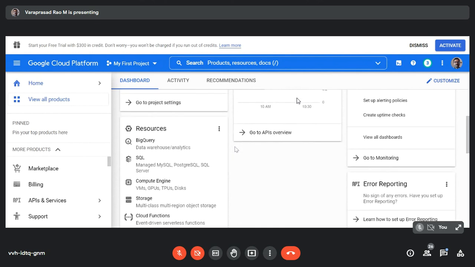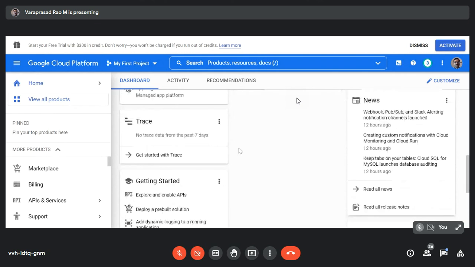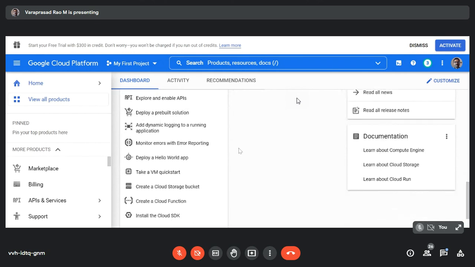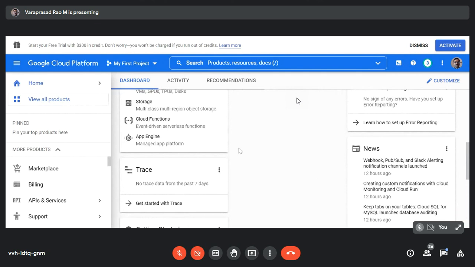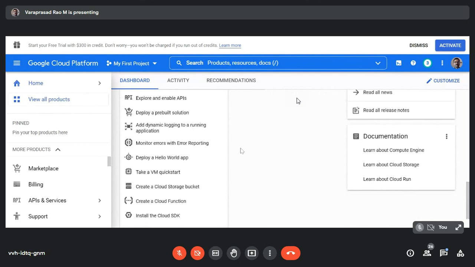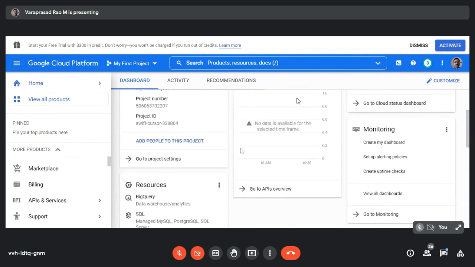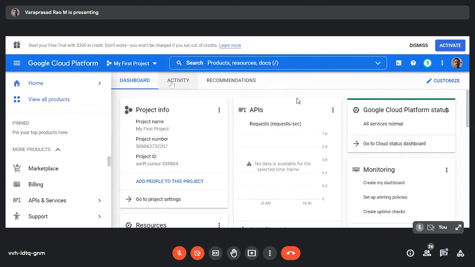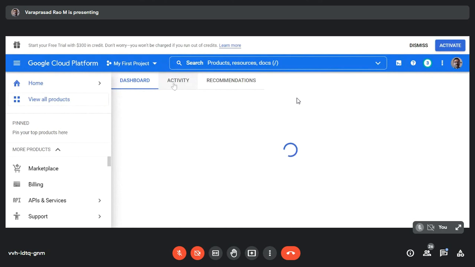All these things can be monitored here. Okay, so you can also see some of the news being used here very recently. And if any notes were released recently with respect to any particular service, that is also shown with the documentation, right? Then activity: the different activities which you have done so far will be shown here